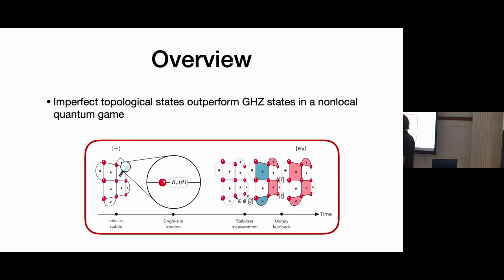So here's the point, in case you fall asleep because you didn't get enough coffee in the break. We look at some kind of quantum non-local game, which is usually played with GHZ states. We'll get there if that doesn't make sense to you. We basically replaced these GHZ states with topological states, the idea being that this would buy you some protection. And I'll explain why you might expect that. And what we found when we implemented this was that, indeed, using topological states, you do perform much better once you have a bit of errors, which are unavoidable whenever you start implementing things.